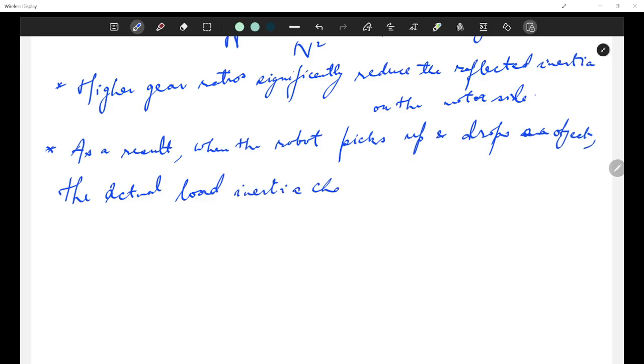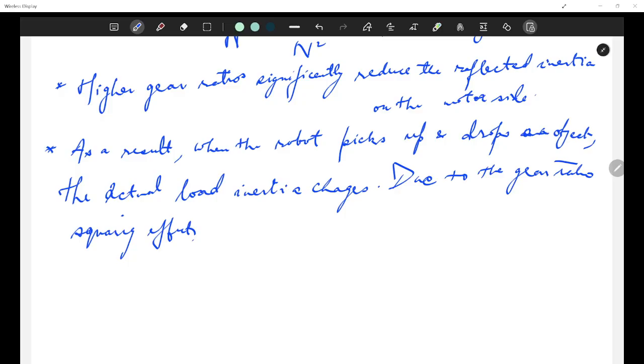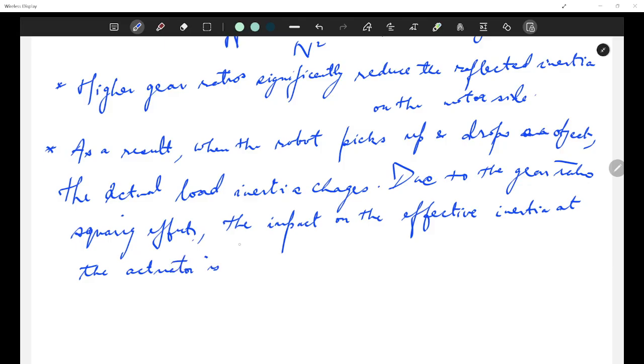But due to this gear ratio squaring effect, the impact on the effective inertia at the actuator is minimal, reducing the need for controller gain adjustments.